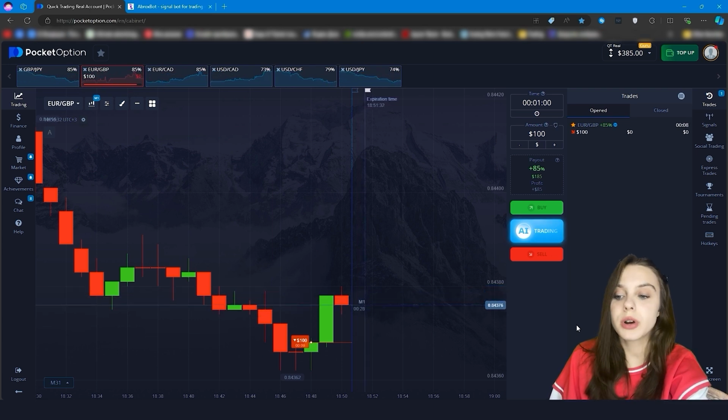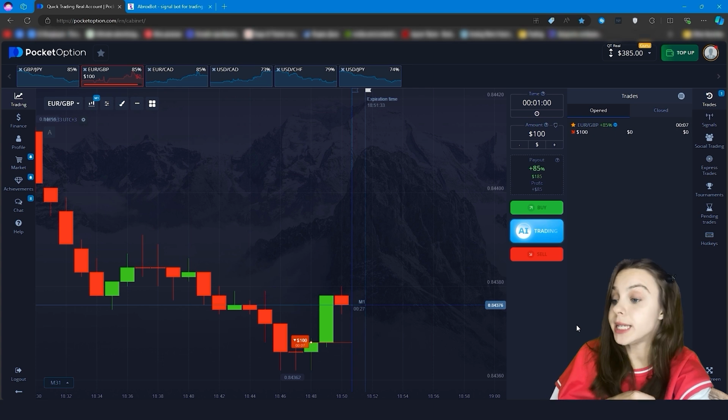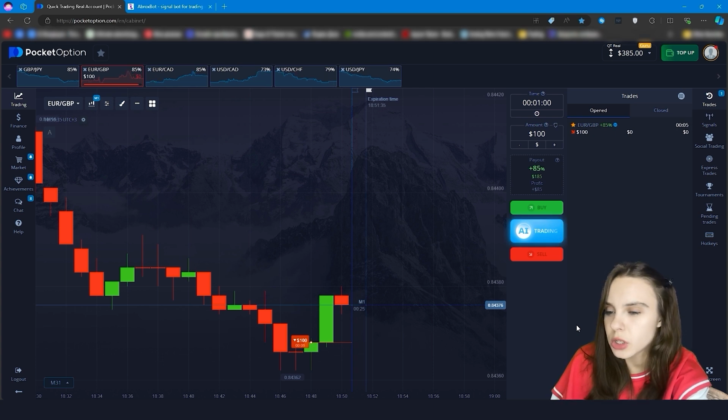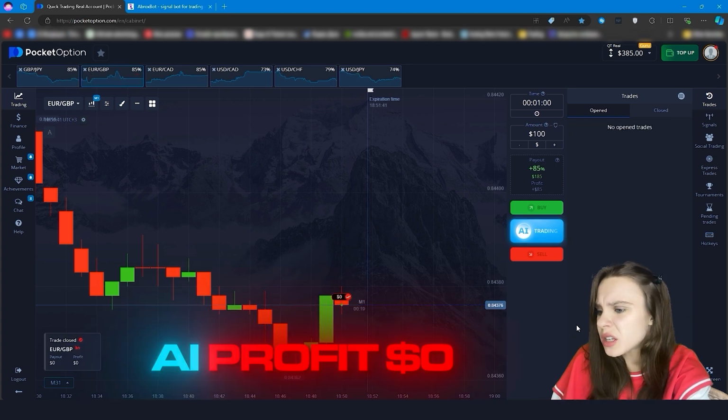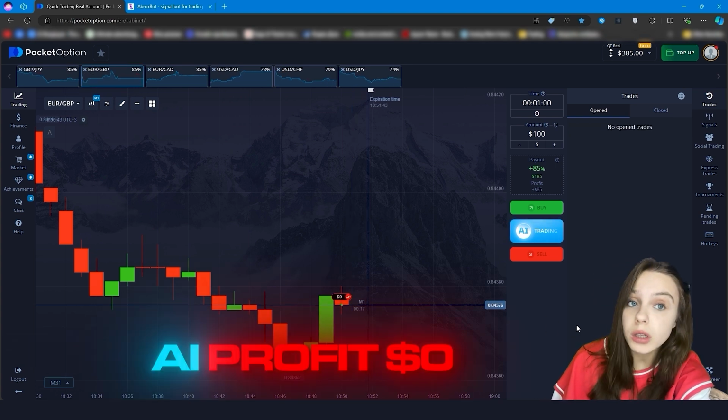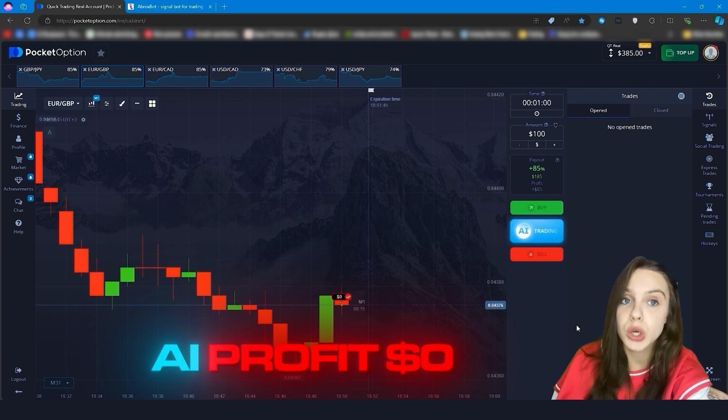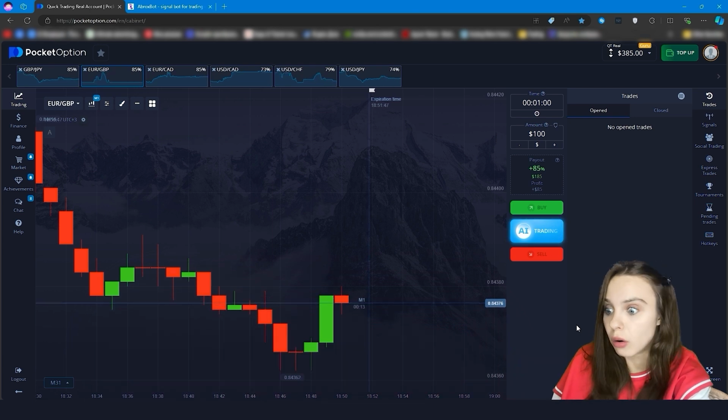Until the end of the trades. At the moment there are 7 seconds left on the timer. We see that the trade is most likely closing in the negative since our market has begun to grow and artificial intelligence has opened the trade for a fall. So we see that the score is already 1-1. We get a draw, which I can